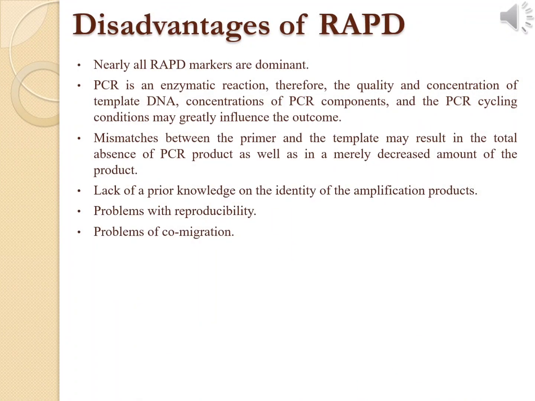In spite of having many advantages and applications, RAPD has some limitations as well. Nearly all RAPD markers are dominant, that is, it is not possible to distinguish whether a DNA segment is amplified from a locus that is heterozygous or homozygous. Co-dominant RAPD markers observed as different sized DNA segments amplified from the same locus are detected only rarely.